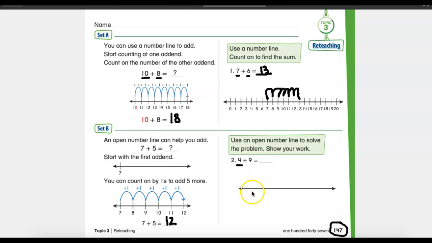So we are going to begin our open number line on 4. I'm going to make a tick mark here and write the number 4. Make sure you're doing this in your workbook. So if I am jumping from 4 and I need to add 9, well, I really don't want to